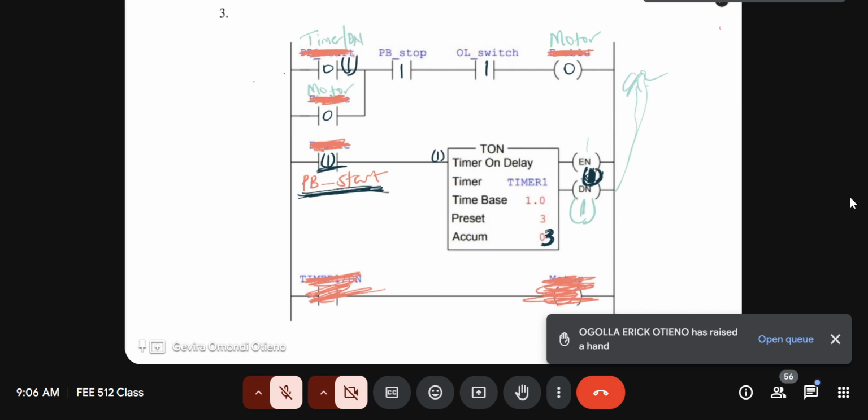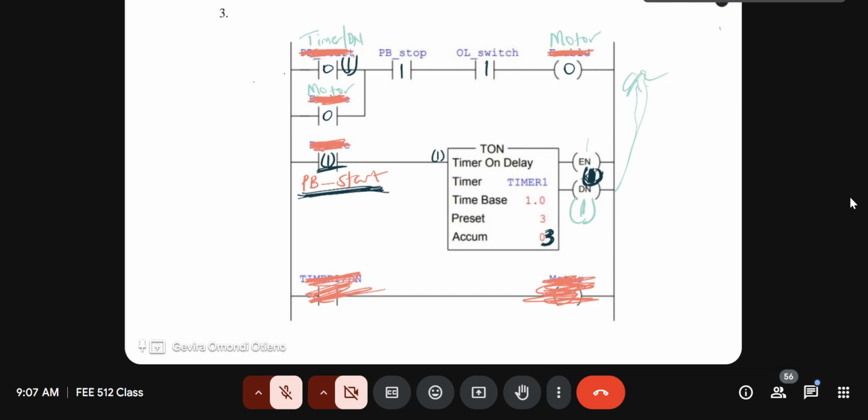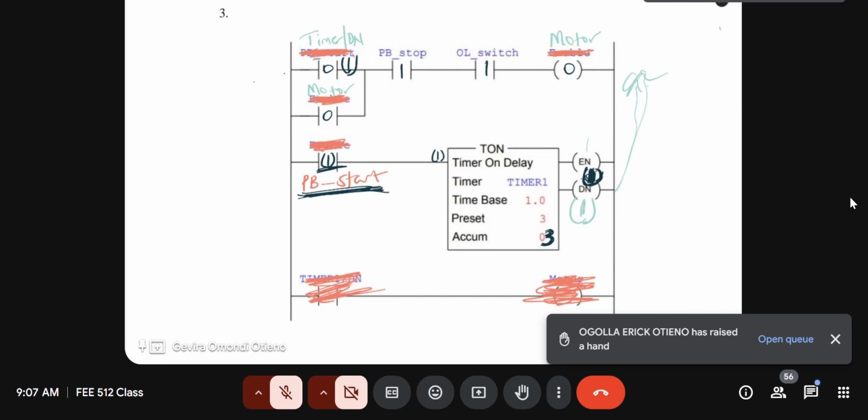Before, yes, Ogola, you could ask, but before you do, I see Sherry is asking, will the rank order remain the same? Yes, Sherry, the rank order remains the same. This remains rank 1, this remains rank 2. Think about it. The sequence of operation is such that